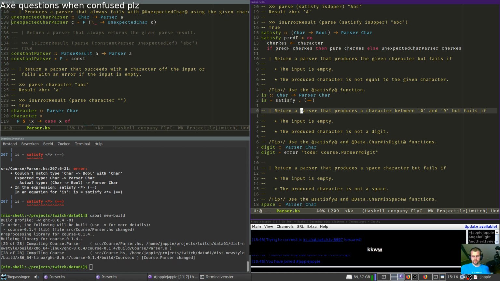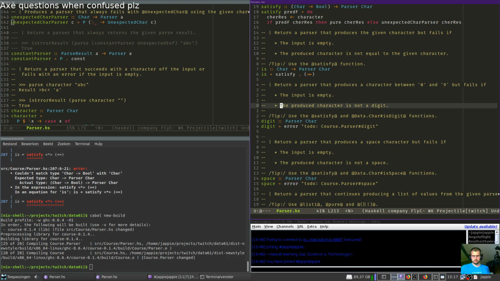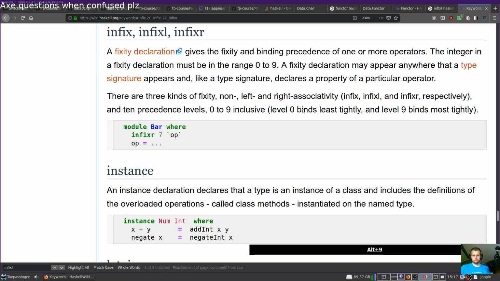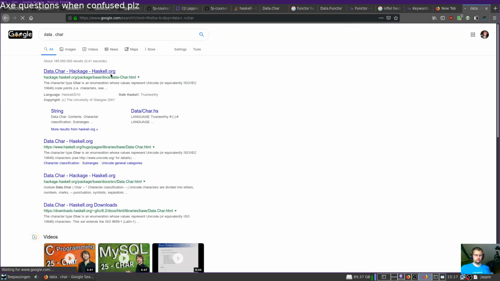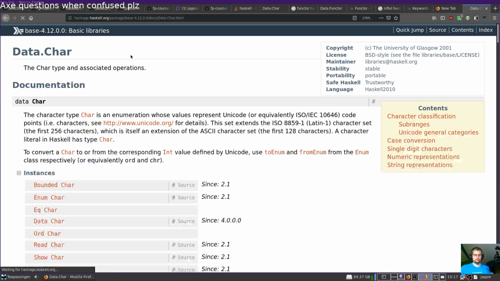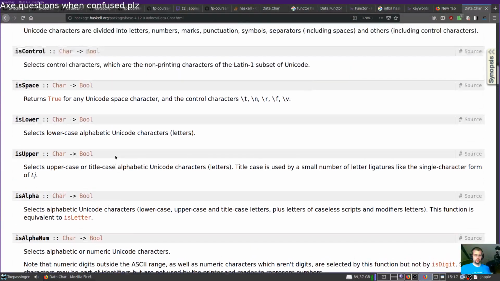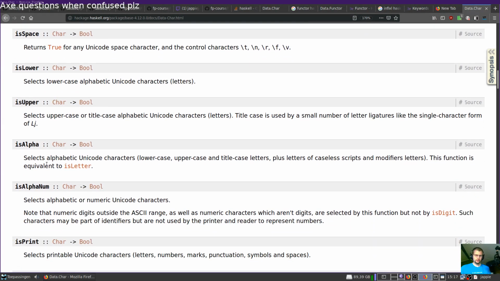Alright, so return a parser that produces a character between 0 and 9, but fails if the input is empty or the produced character is not a digit. Let's look at Data.Char. Alpha.